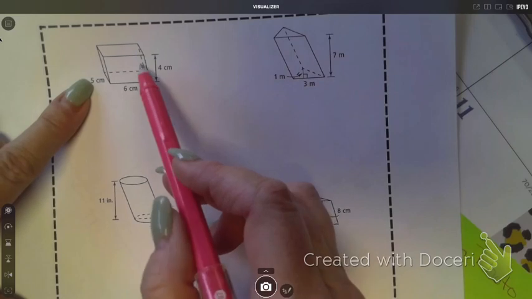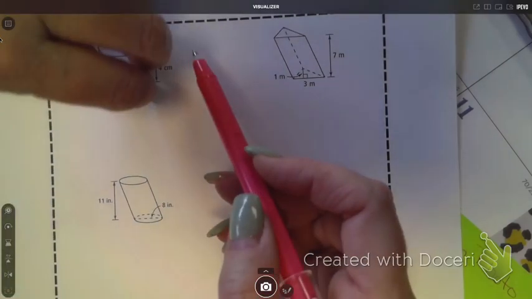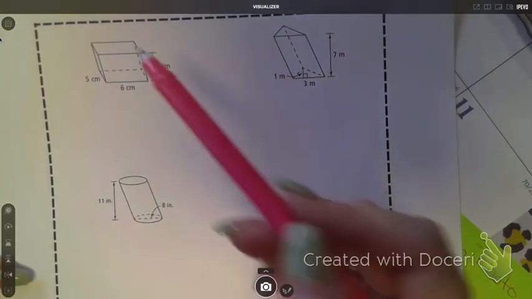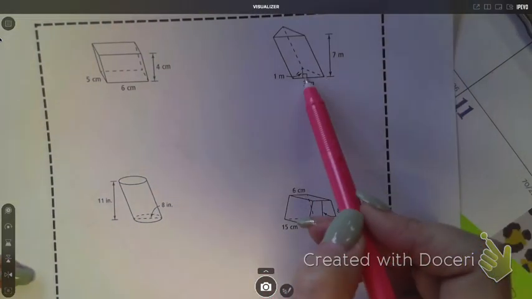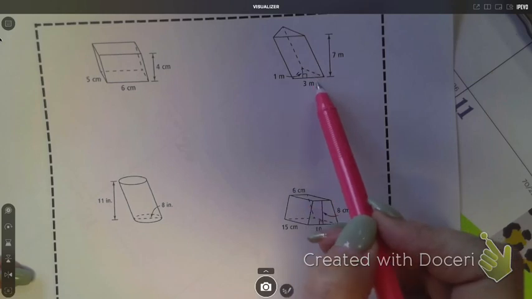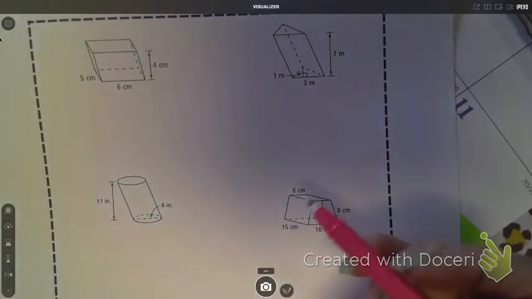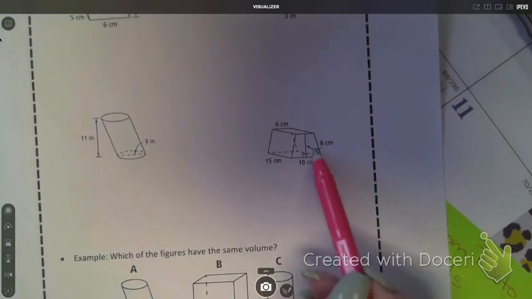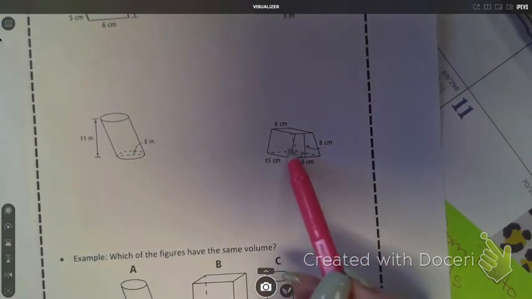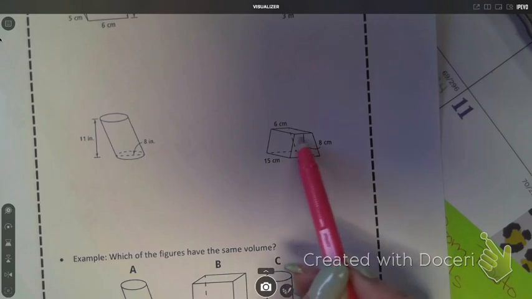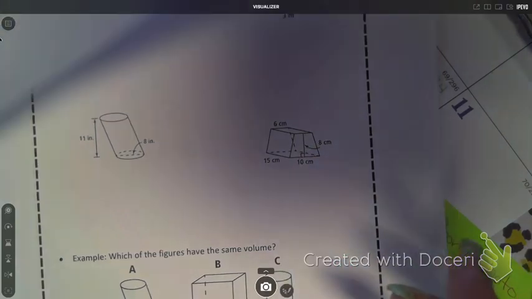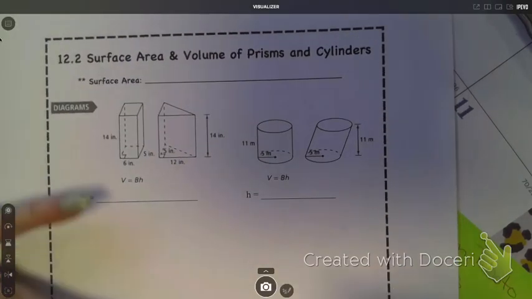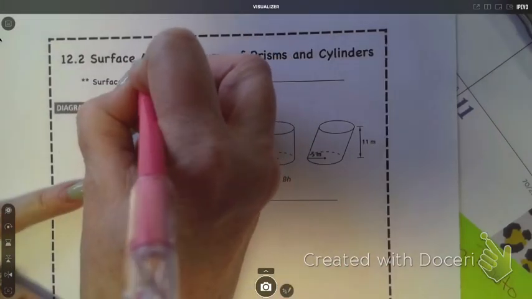This isn't a rectangular prism? It's a parallelogram when it's tilted, yes. But is it still a rectangular prism? Yes. And this is a triangular prism. Okay, so we name them by their base shape. Can their base be sitting out here? Yes. This isn't a rectangular prism because there's a trapezoid involved. Got it? Okay, so surface area, just so we know, surface area is the sum